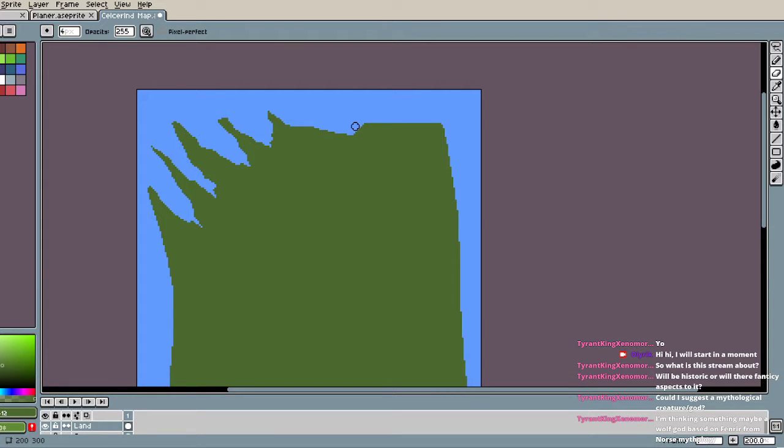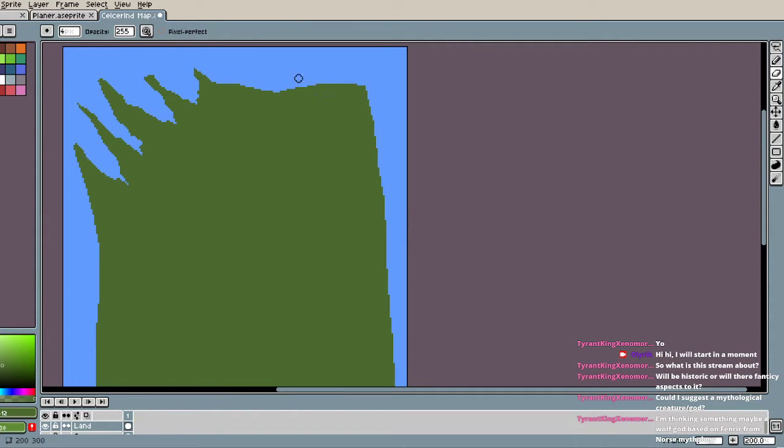A wolf god similar to Fenrir. I think I'm going to have Fenrirs as just a class of enemy of giant wolves. That is one of my ideas. And real quick, this area up here to the